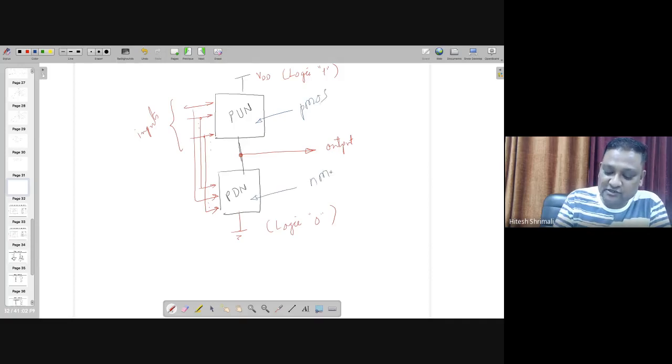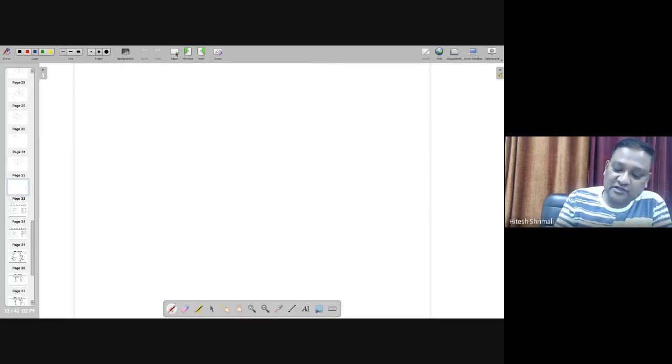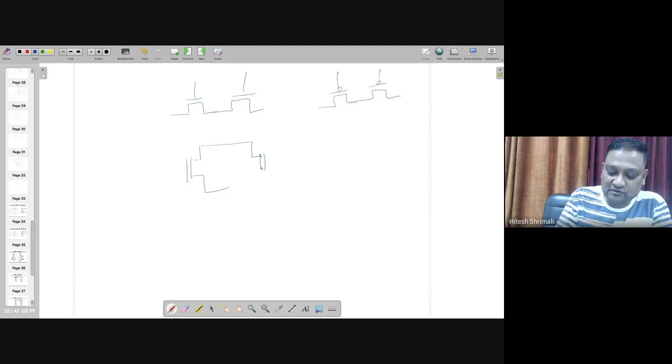We also learned that the power up network is only made up of PMOS transistors, whereas the power down network is made up of NMOS transistors. In any condition, if it is AND operation, both transistors will be in series like this. Notably, analog people call such a connection a cascode, but I'm not going into that. We need to keep two transistors in the same electrical path, a kind of series connection, whereas if it is OR logic, you have to keep both transistors in parallel to each other.